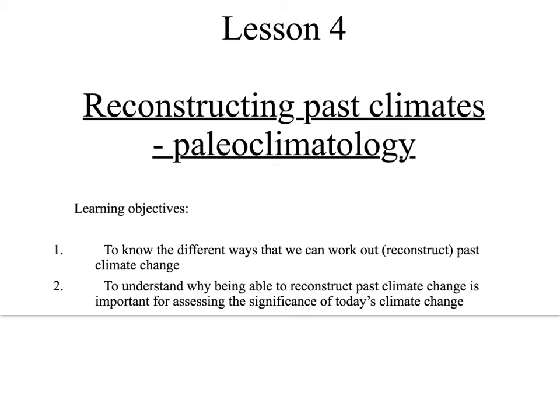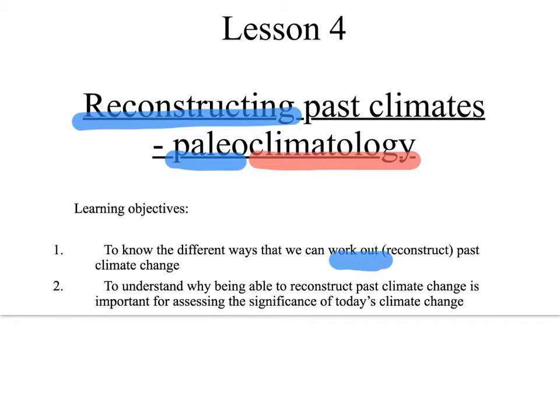So what did we do? This whole field is called paleoclimatology. Climatology just means the study of climate, and paleo means old. So this is the study of old climates. And what scientists try to do is to reconstruct them. This word here means to work out. To reconstruct, to work out, to put the pieces of the jigsaw back together to figure out what the